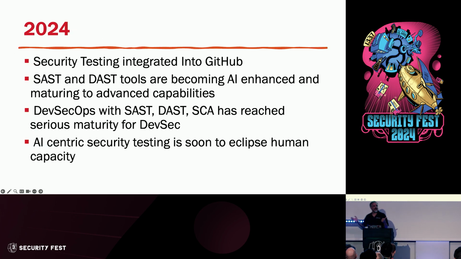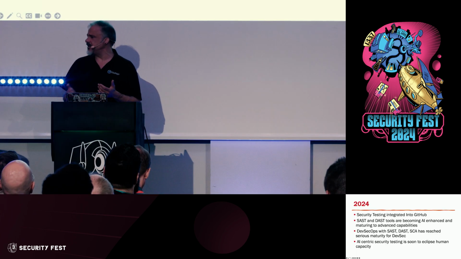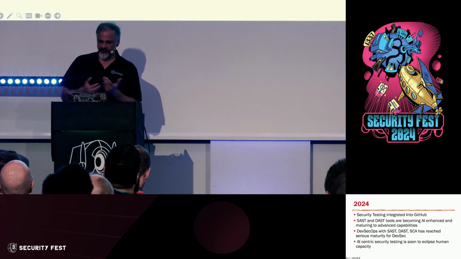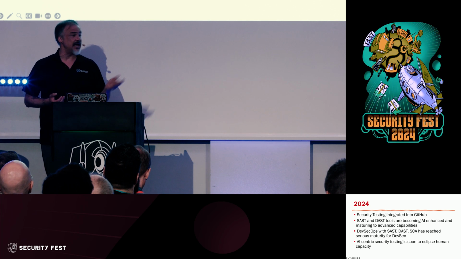So now we have security testing at GitHub. I can flip a switch and turn on a DevOps pipeline. We have code scanning and dynamic attack tools for testing that are AI enhanced, that are really for the first time